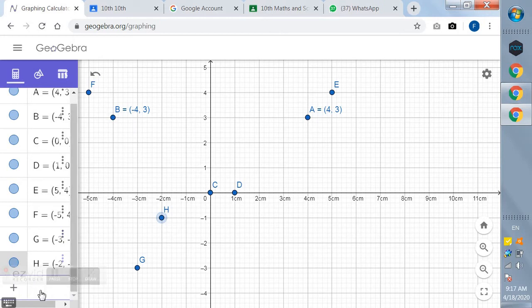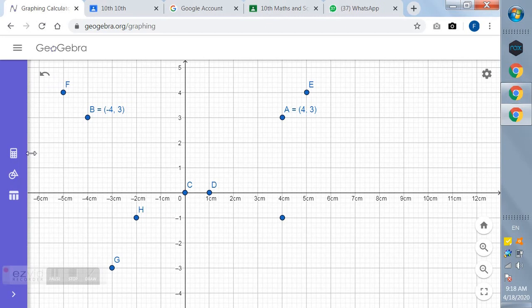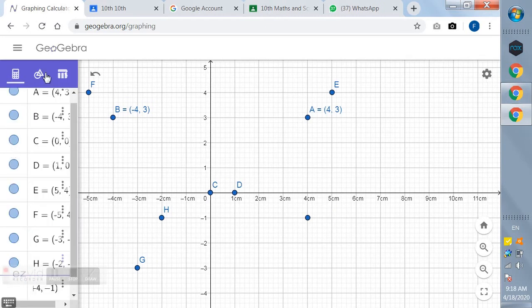I will keep adding some more points, and I'll add a point whose x component is positive and y component is negative. So that will lie in which quadrant or which part? The last one, which is the fourth quadrant. Okay, so there is I, which has x positive and y negative. Now presuming I am given some point and I have to find out its value, that also I can do